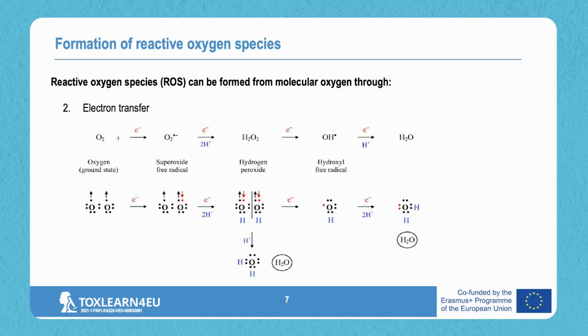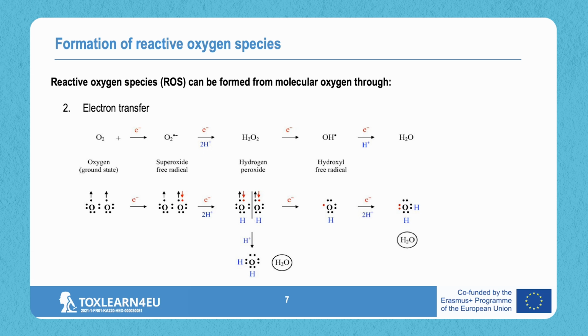A second way in which reactive oxygen species can be formed from molecular oxygen is via electron transfer. Giving an extra electron to oxygen will lead to the production of superoxide radical, which is negatively charged, but with one free electron, so highly reactive. Giving extra electrons and protons will convert this molecule to hydrogen peroxide. Hydrogen peroxide is not a radical,